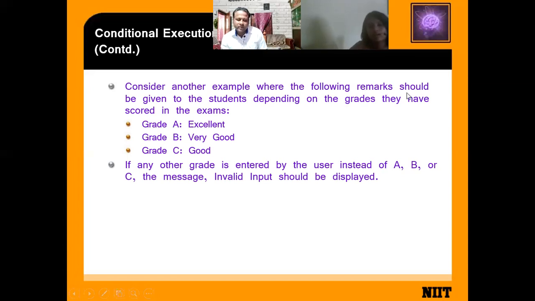The remarks should be given to the students depending on the grade they have scored in the exam.